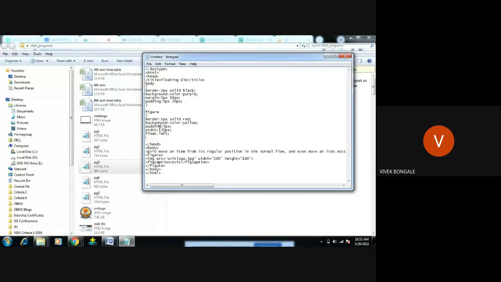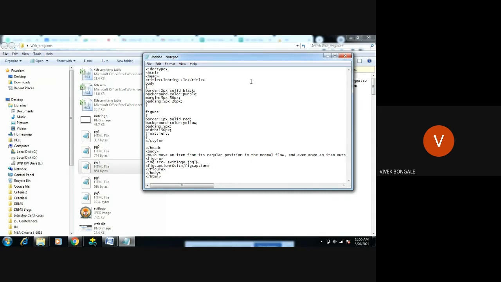Okay, close this style, right? So what I have written here, I will just remove this because I have given it in the figure only. So I will remove this width and height here.